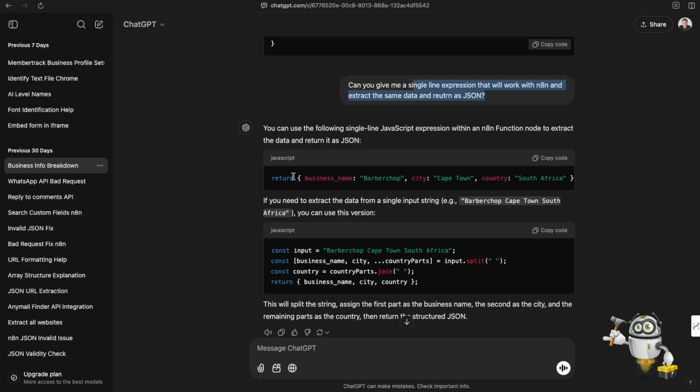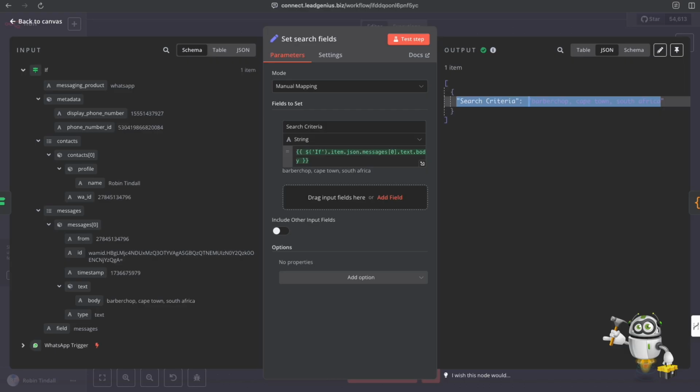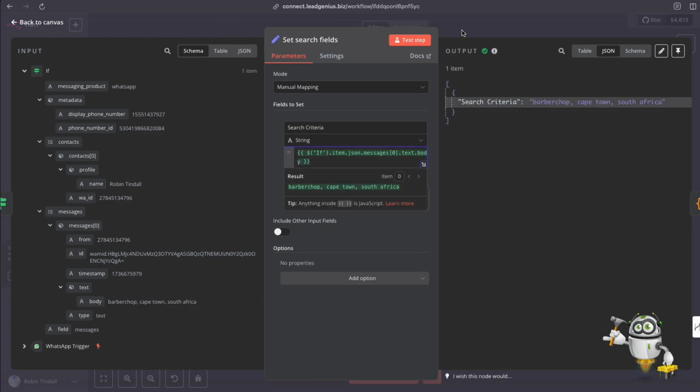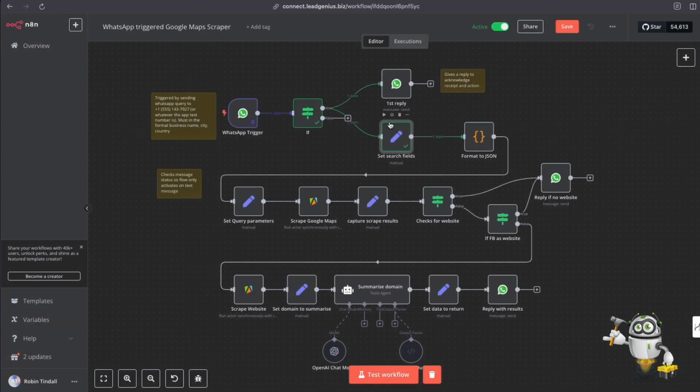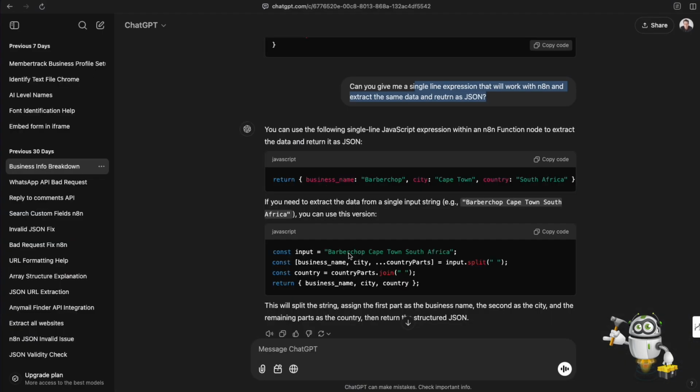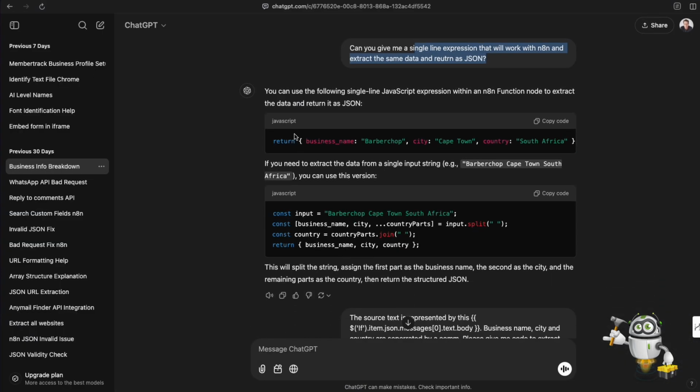I put it into my N8N. Where did I put it? Well, I copied this. I went back to N8N, and I stuck it in here in the set node. I stuck it in this particular set node, and I got garbage back. It didn't work. So I went back here, and I said